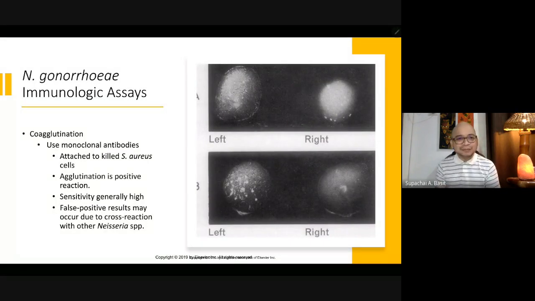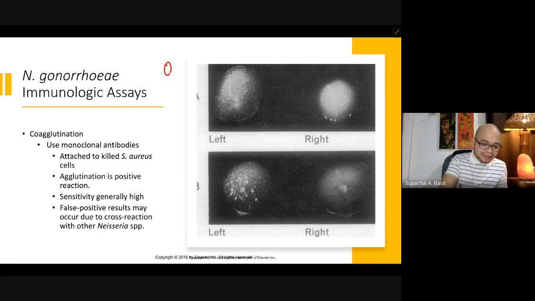Okay, and of course, immunologic assays would also be possible. One of them would be the coagglutination assay. When you say coagglutination assay, we actually use a reagent attached to killed Staphylococcus aureus. So we use monoclonal antibodies, and these particular antibodies are against